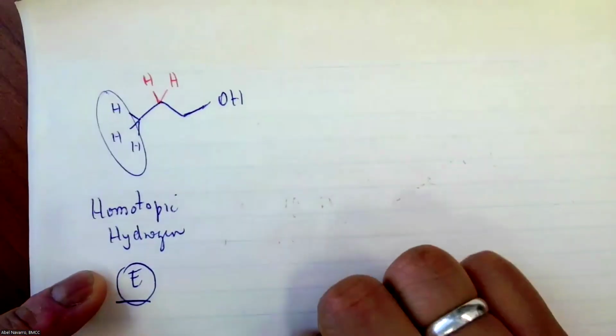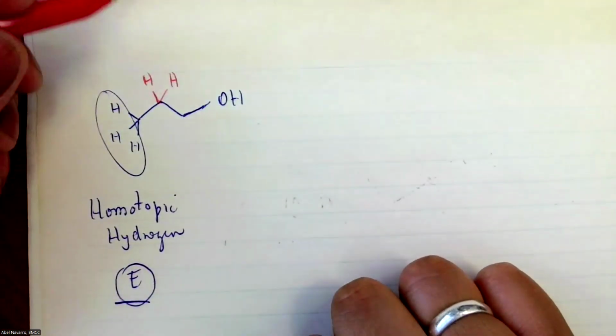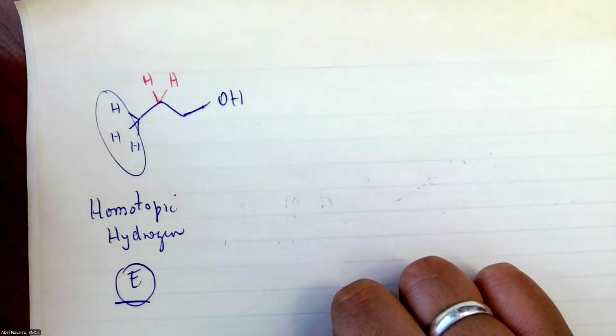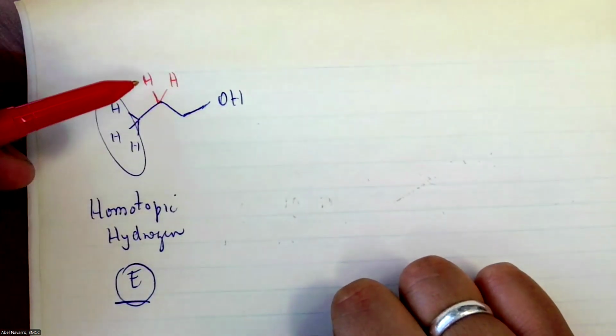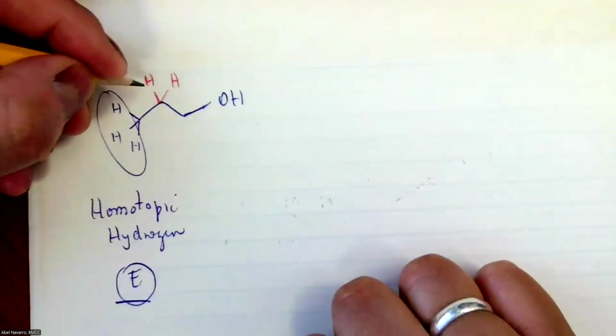Enantiotopic hydrogens. They normally apply to CH2s, but CH2 with no chiral center. Okay, CH2 with no chiral center. Those CH2s, we call them enantiotopic. Why enantiotopic? Because if you replace one, let's say instead of H, I replace